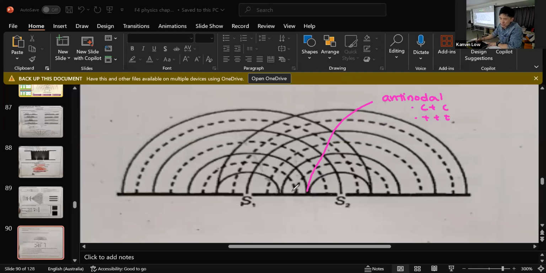Okay, guys, how about the nodal line? Where do you get the nodal line from? The nodal line is